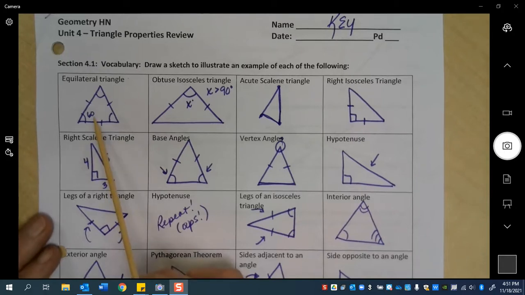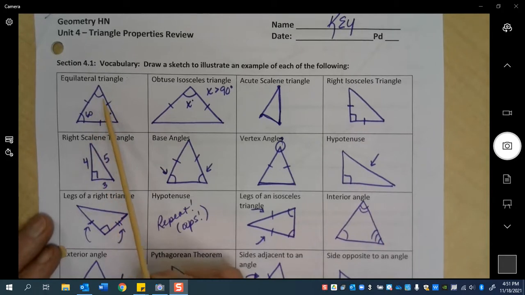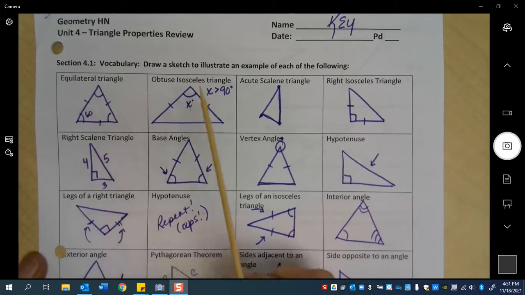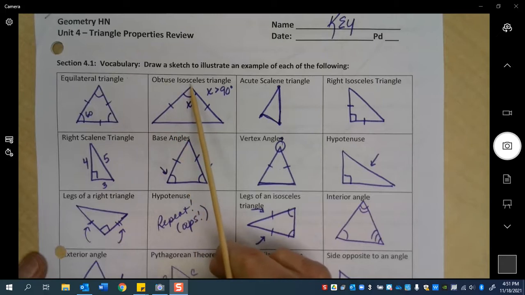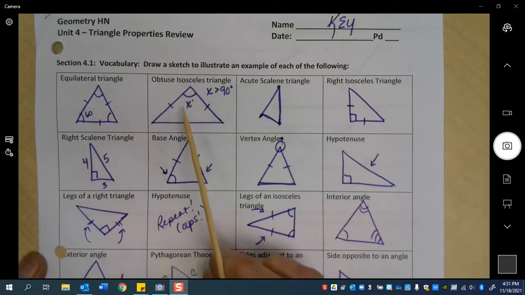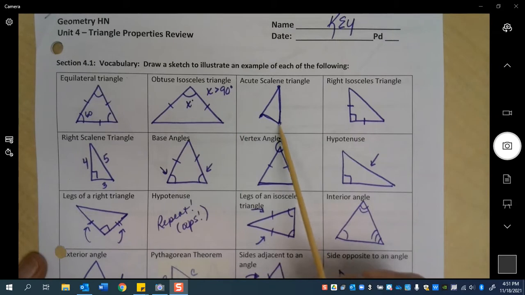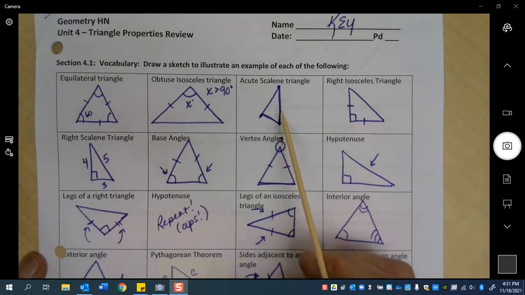An equilateral triangle is going to be equiangular and equilateral, having 3 congruent sides and 3 congruent angles. An obtuse isosceles triangle. Isosceles means I have 2 congruent sides. Obtuse means this angle measure is bigger than 90 degrees. An acute scalene triangle means that all 3 angles are acute, smaller than 90 degrees, and all 3 sides have